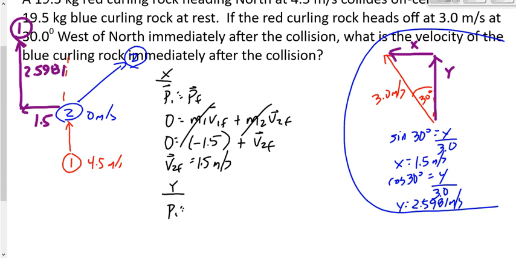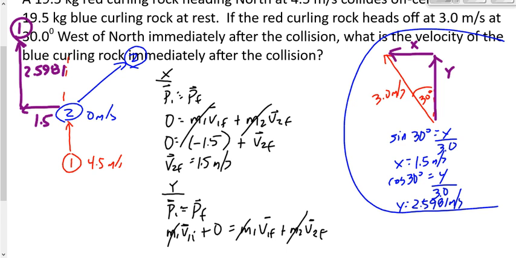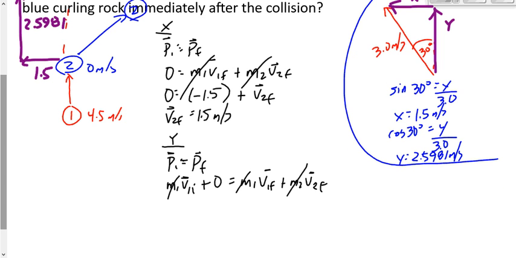This one's not quite so simple, but not too bad. We're going to say it's M1 V1I plus 0. There is a Y component to object number 1. There isn't to number 2. Equals M1 V1F plus M2 V2F. Once again, the same mass in each term cancels. V1I is 4.5 this time. V1F,